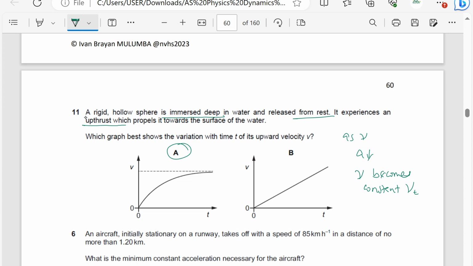It must reach terminal velocity because as it rises upwards, the upthrust is upwards. This should be equal to the weight. With time, it will be equal to the weight plus the viscous drag as it rises, because of the acceleration. This graph here, B, is wrong because it shows that the acceleration remains constant throughout, yet it decreases as it rises. So the answer is going to be